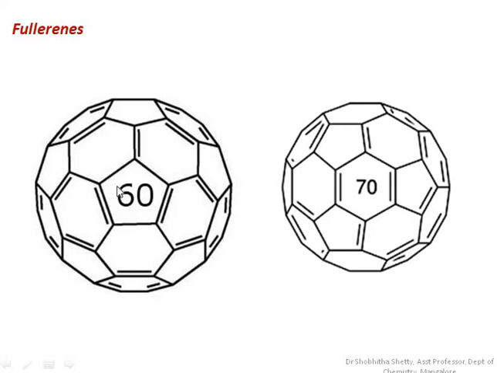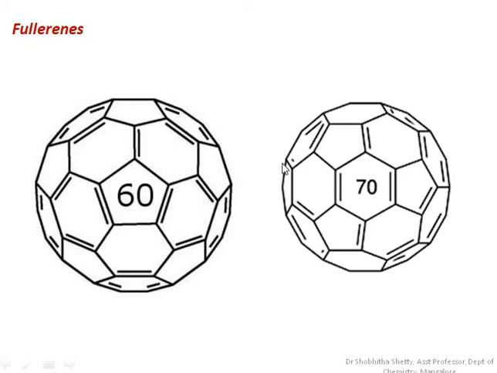And all the carbon atoms are sp2 hybridized here, you can see. So these are the carbon atoms which are sp2 hybridized. Each carbon atom forms 3 sigma bonds with 3 other carbon atoms. As you can see, each carbon atom forms 3 sigma bonds. 1, 2, 3. So the remaining electron is delocalized in the molecular orbital. So that is why it has an aromatic character here, because the electrons can be delocalized.